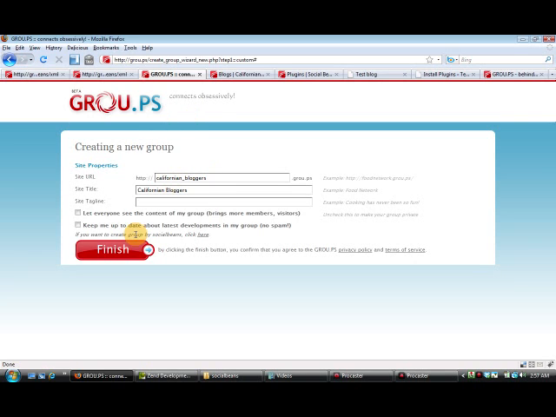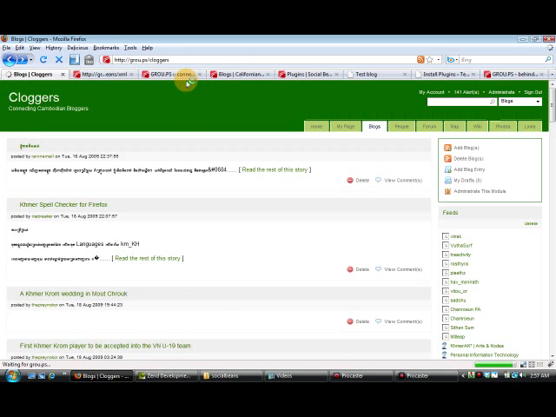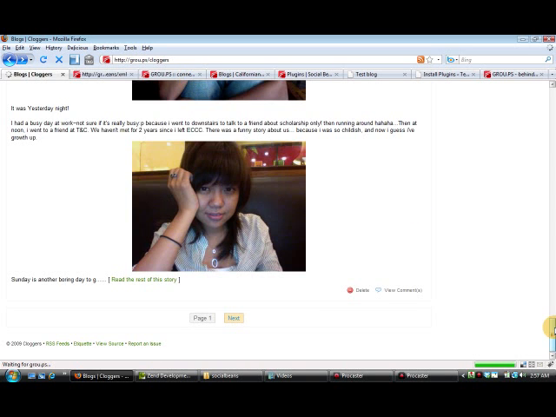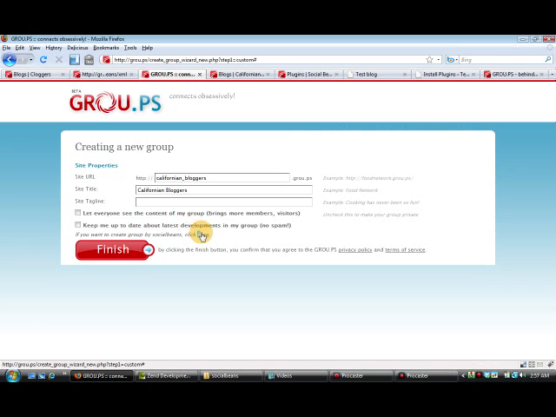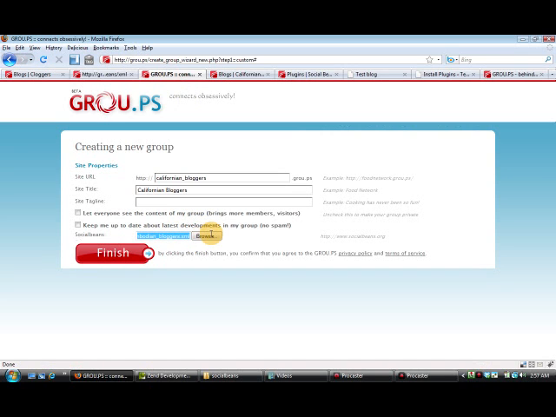As you can see, if I click the finish button here after entering the Californian bloggers entries here, I end up with a group, with a generic group, and that's not what I want. I want something which is going to look like this Cambodian bloggers, right? I don't need the data, but I need the skeleton. So I enter the file that I've just downloaded here, and I click the finish button, and I end up